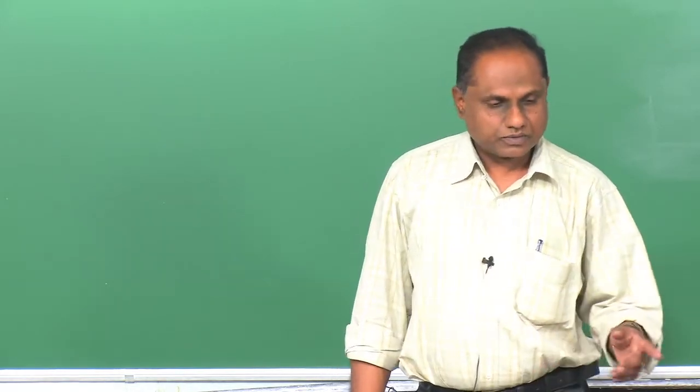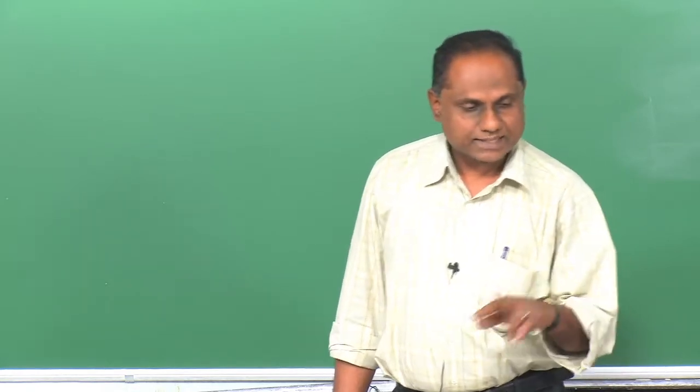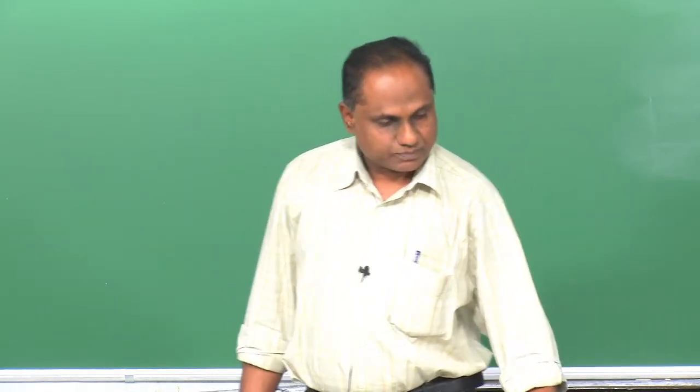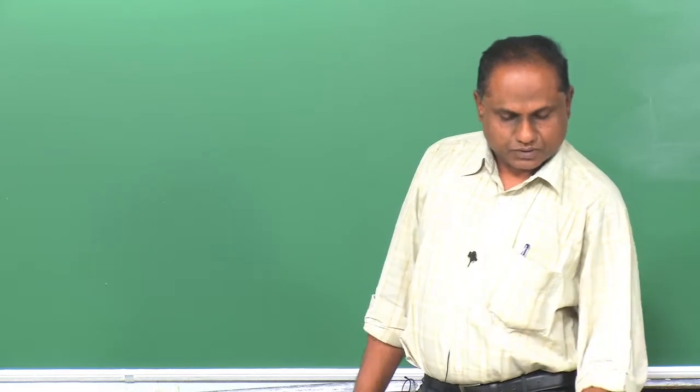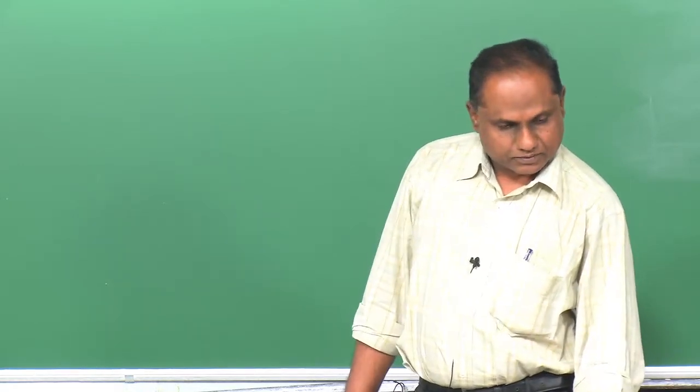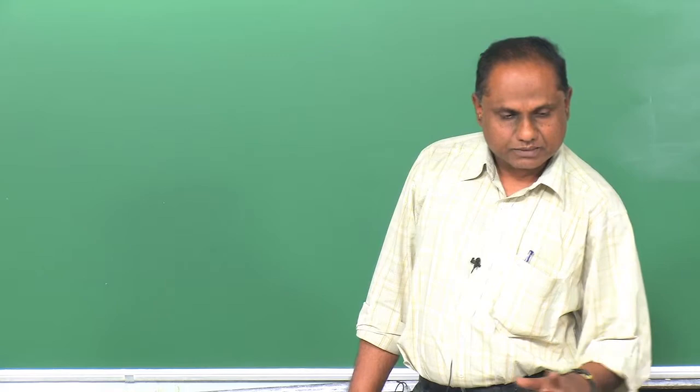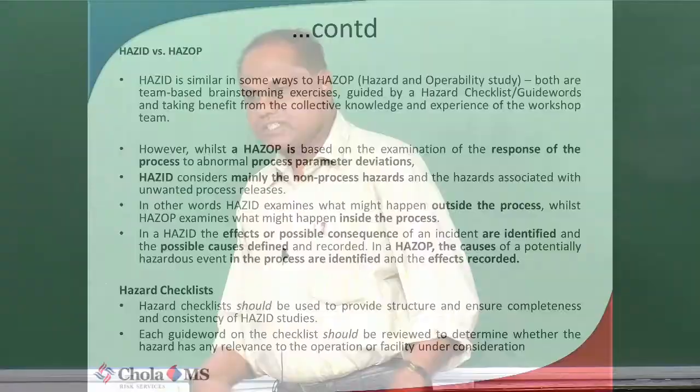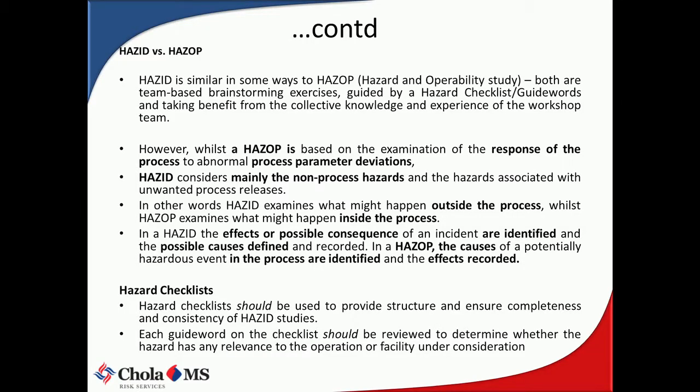In HAZOP, we have two types. One is HAZIT and one is HAZOP. So HAZIT is basically also a hazard identification technique, similar to HAZOP, but it is for non-process, generic hazards. It's for identifying hazards apart from the process hazard. I already told you last time, it's for identifying general hazards, like earthquake, layout, security, and emergency management.